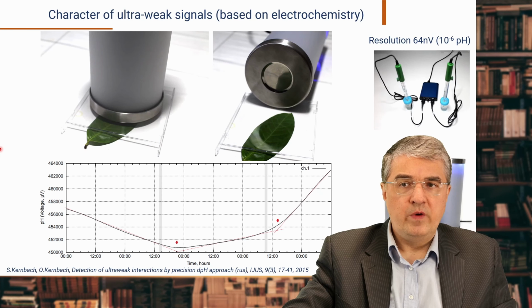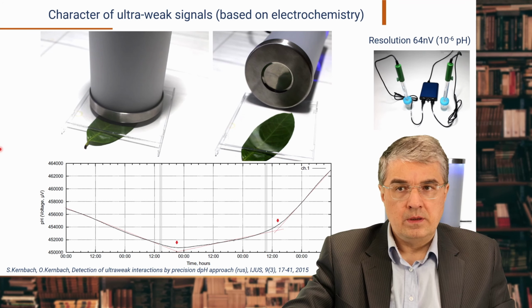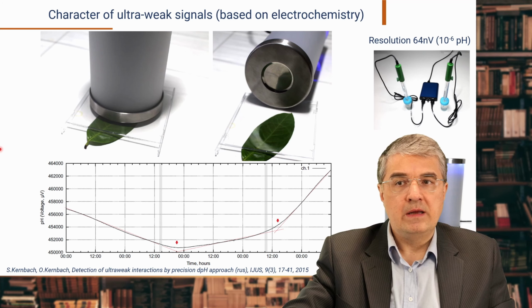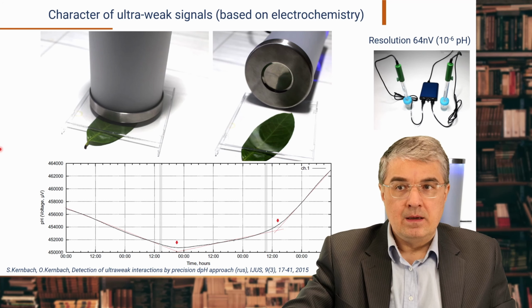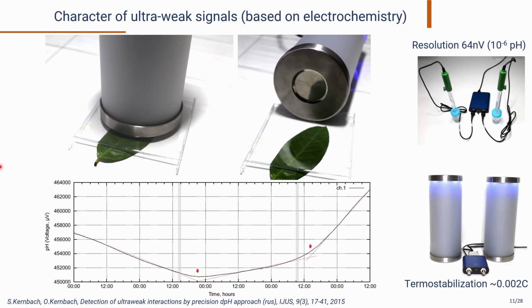The first important question is how to measure this kind of phenomena. We had a hypothesis that the phantom effect can represent a kind of weak interaction, for instance interaction taking place on a quantum level, and we can sense it as we sense other weak phenomena, like weak biophysical phenomena. We used in this case electrochemical equipment, high resolution pH measurement with a resolution up to 10 to the power of minus 6. At this resolution, we need good thermal stabilization and shielding against electromagnetic emission.